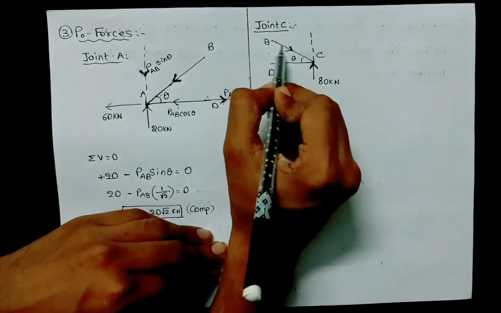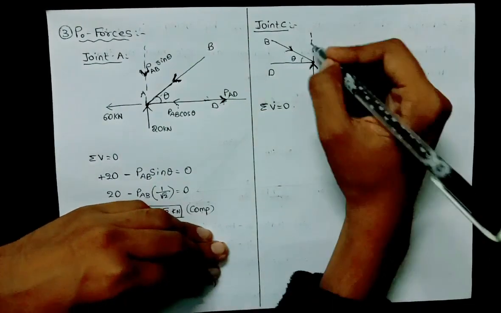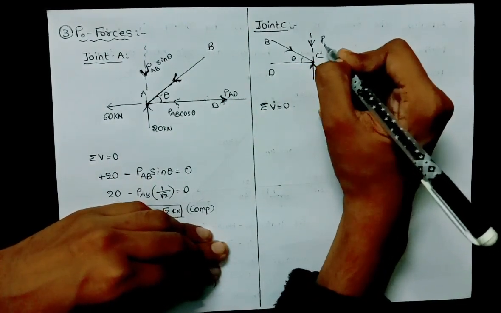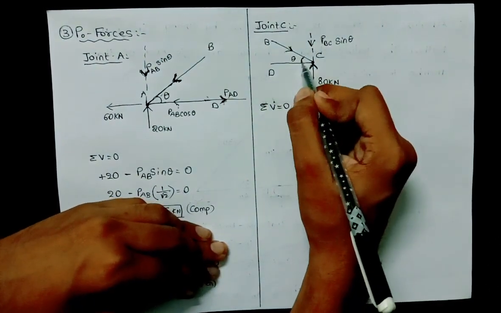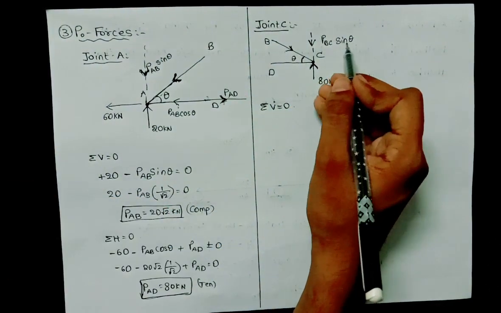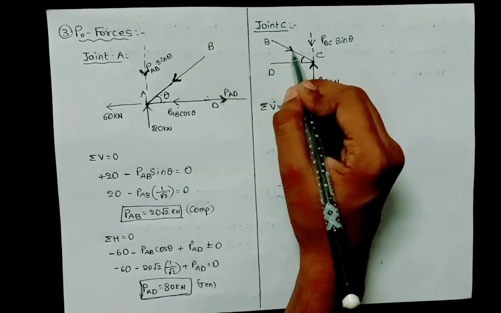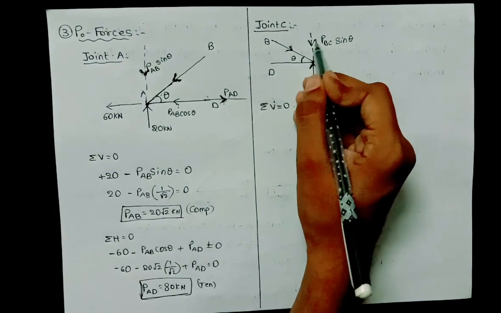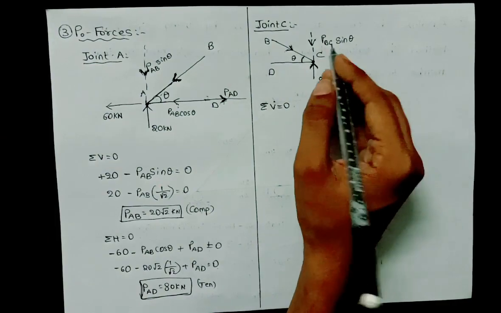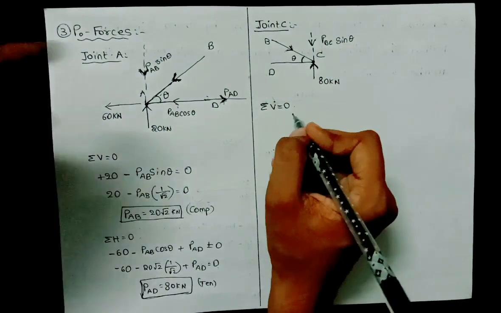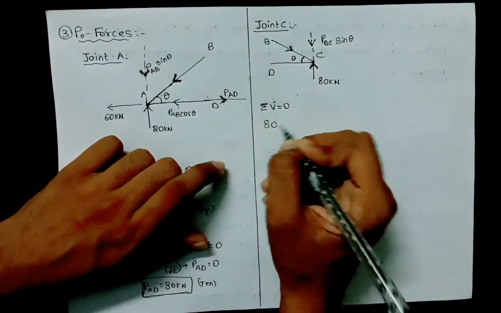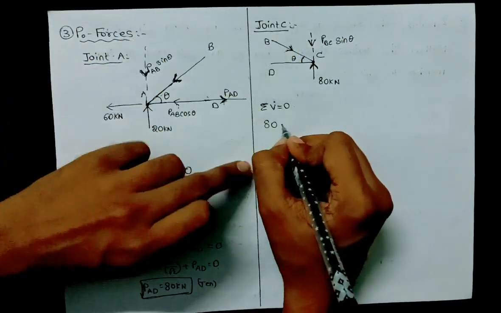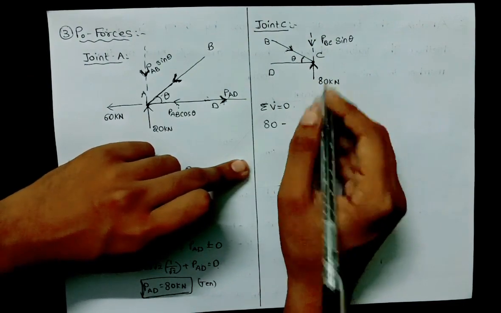After resolving member BC, you will get PBC sin theta. The inclination theta is here, so this will be sin theta. It is towards the joint, so this arrow should also be towards the joint. 80 kilonewton is upward, so plus 80, and this arrow is downwards, so minus PBC sin theta